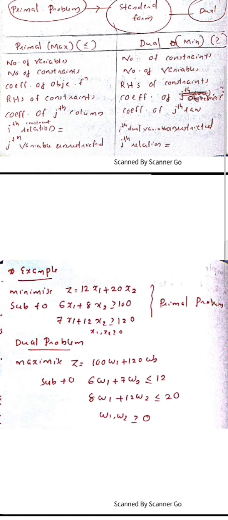സോ the set becomes z equal to 100 w1 plus 120 w2. So we have to maximize z equal to 100 w1 plus 120 w2. Now we have to find the corresponding constraints. Okay,